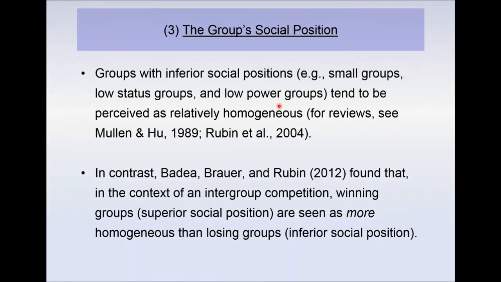Now, our own work in this area has shown that inferior groups are not always perceived to be more homogeneous than superior groups. In particular, we found that people rate group members as being significantly more similar to one another when the groups have won a competition compared to when they've lost a competition. So perceptions of group cohesiveness mediate or explain those results. So it seems like what's going on in that research is that people have an implicit understanding that uniformity, group cohesiveness and coordination are necessary for successful group performance during intergroup competitions.